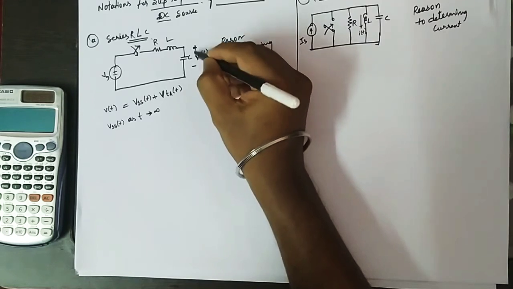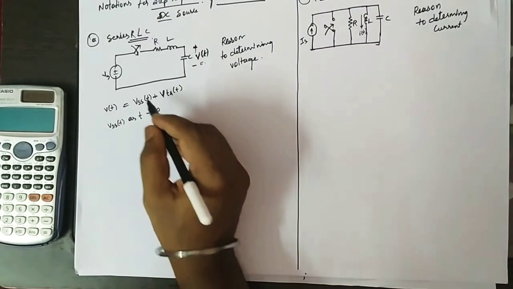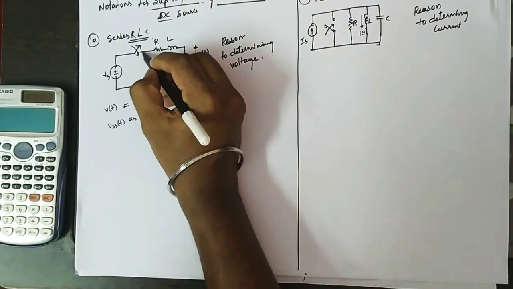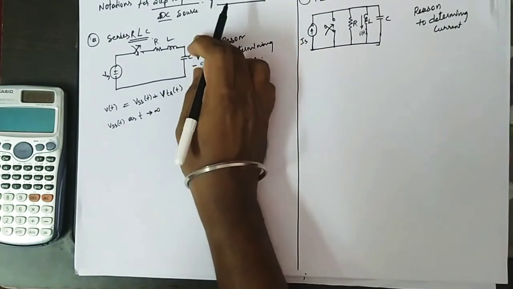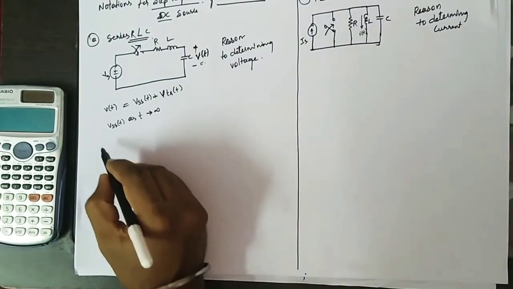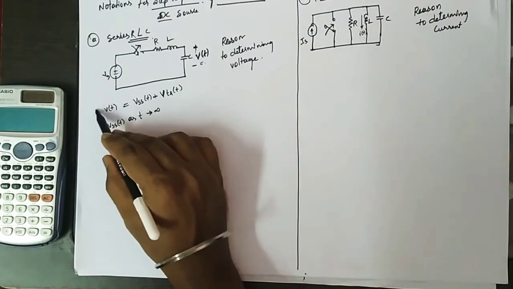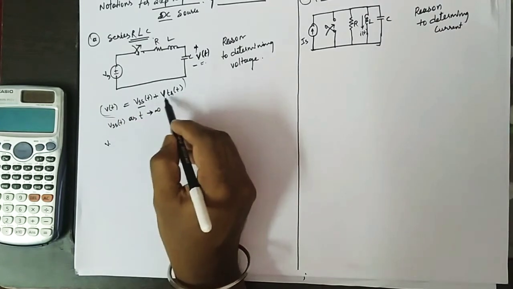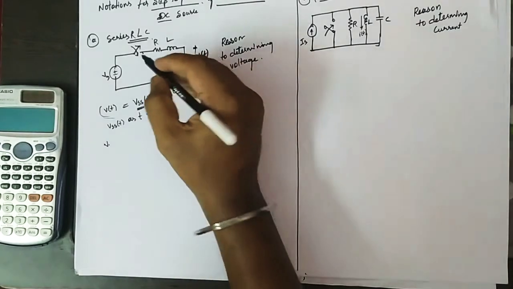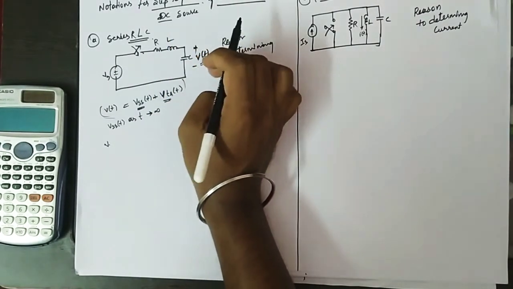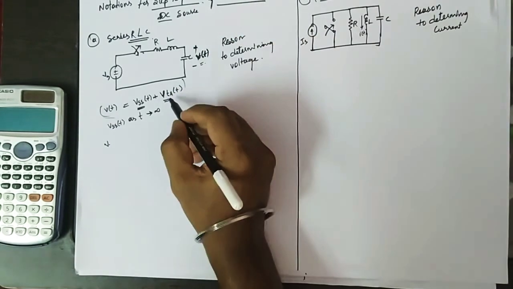So what is the reason for finding v of t? When the system is at steady state, that means the switch is closed, the inductor will be shorted and the capacitor will be opened. So at steady state, the final expression you will get has a steady state and a transient response. Steady state, because when this switch is on for an infinite time interval, we get the voltage across the capacitor, and we will see the transient too.